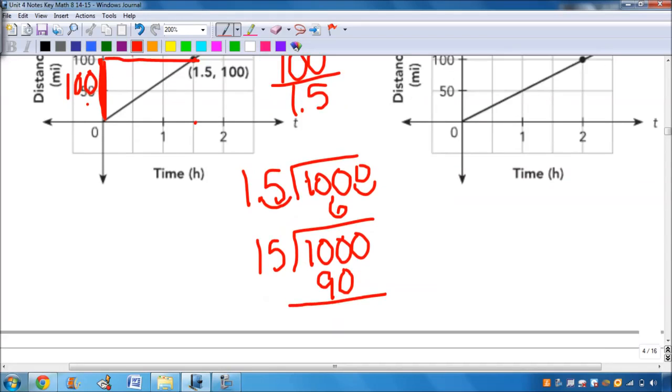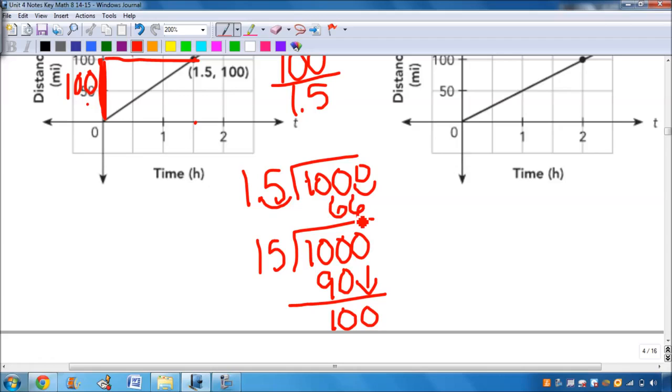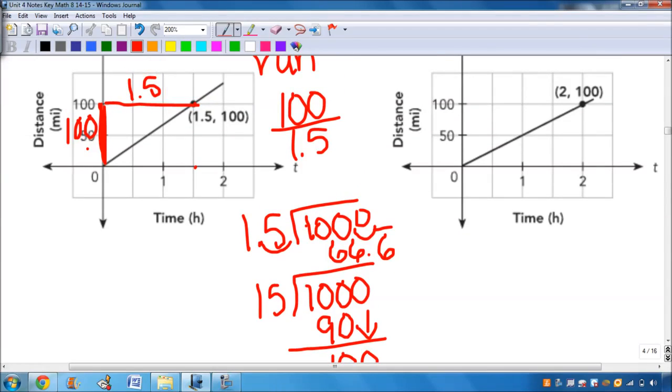So then if I do my subtraction, I get 10, because 100 minus 90 is 10. Bring down the 0, 15 goes into 100 6 times, and you would keep going with it. So it's 6.6 repeating, okay? So I'm going to say it's about